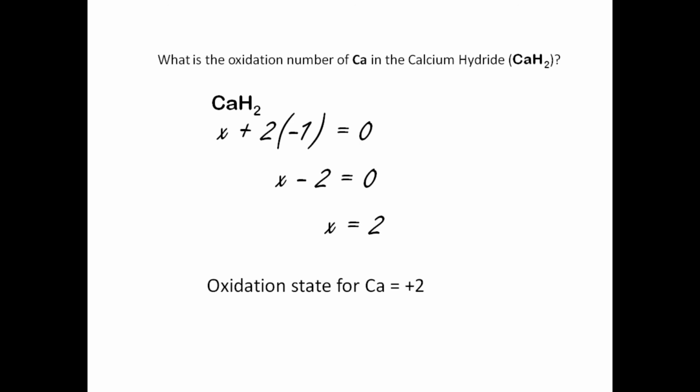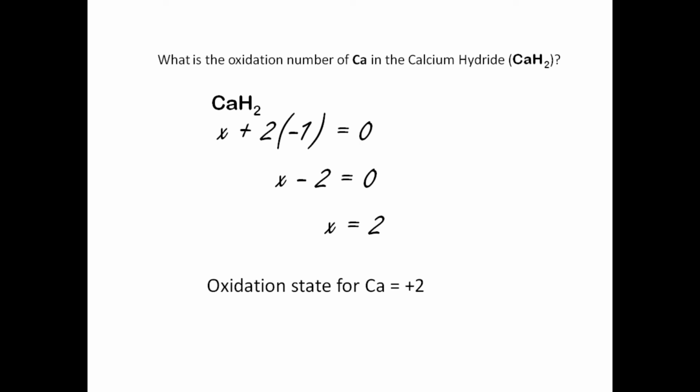Let us try another example that doesn't involve oxygen. In this case, what is the oxidation number of calcium in calcium hydride, that is CaH2? Find the oxidation number of the calcium in that compound. So first, we write out the formula CaH2,